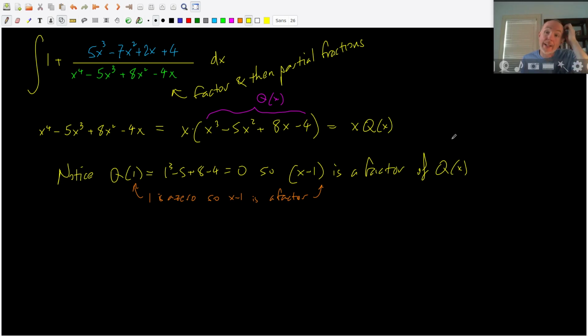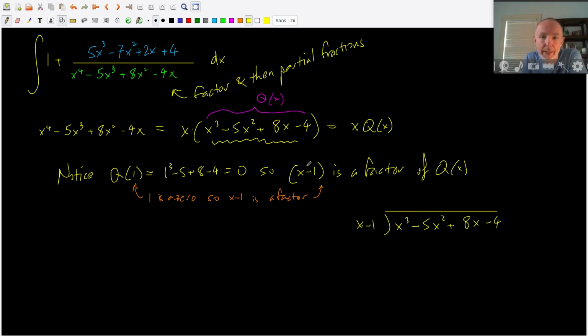This follows directly from the properties of polynomials. If the function's equal to 0 at the point, then x minus that point is a factor. In other words, x minus 1 is a factor of the polynomial. So I've got a cubic here, and I know one of its zeros. I know that 1 is a 0, which means x minus 1 is a factor, which means we can do a division. So we're going to take the q, and we're going to divide out the x minus 1, and